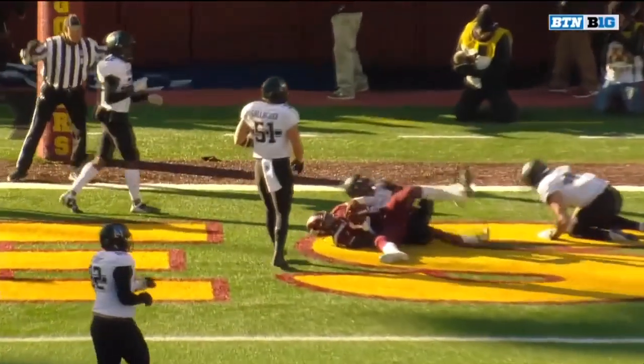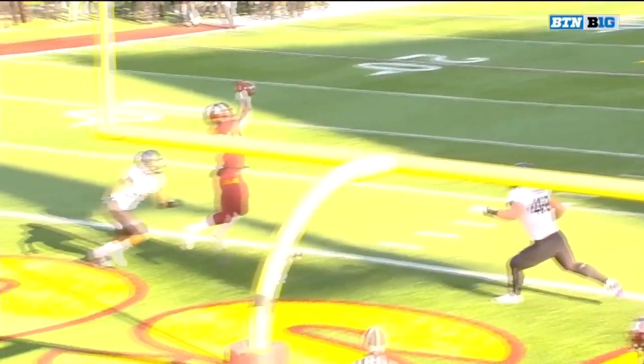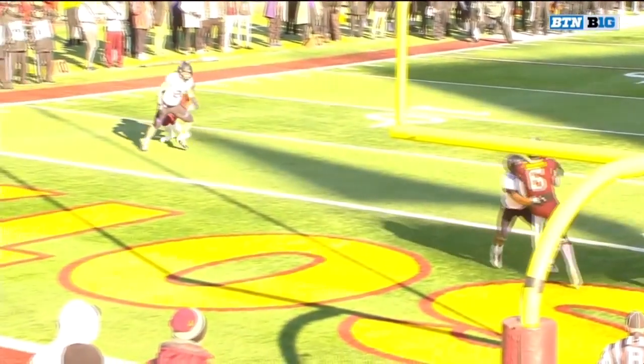There's the connection with Johnson. They'd been trying to get there. They got there once but had a penalty called. And finally able to connect. Yeah, he's...